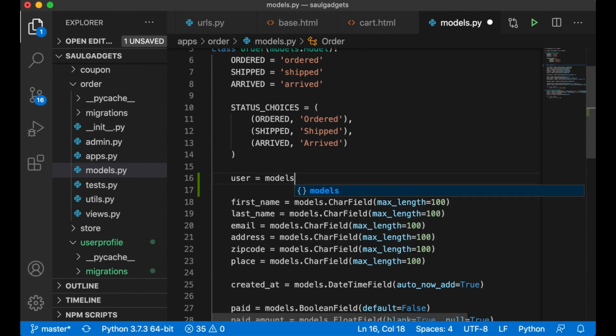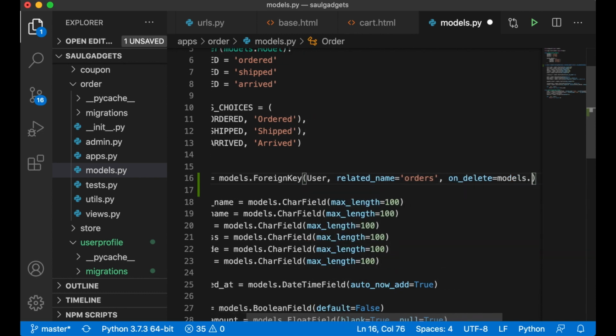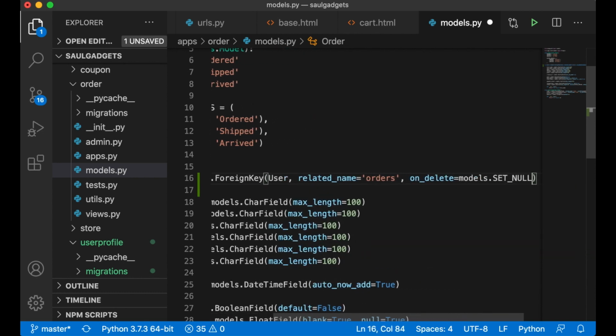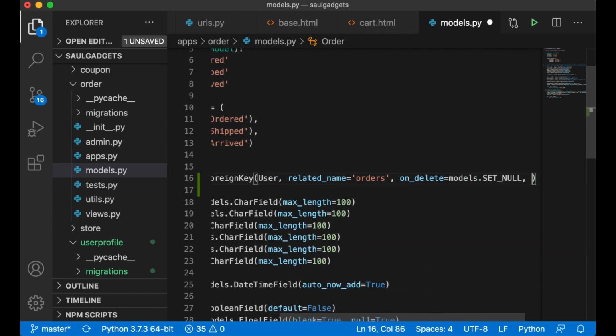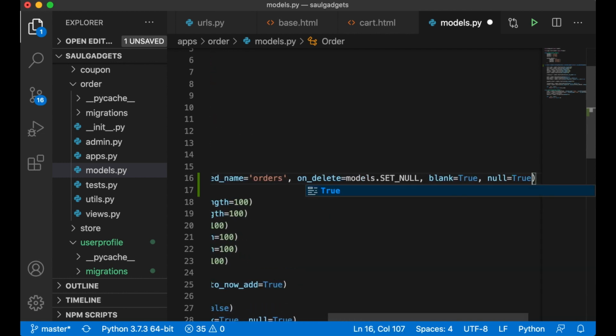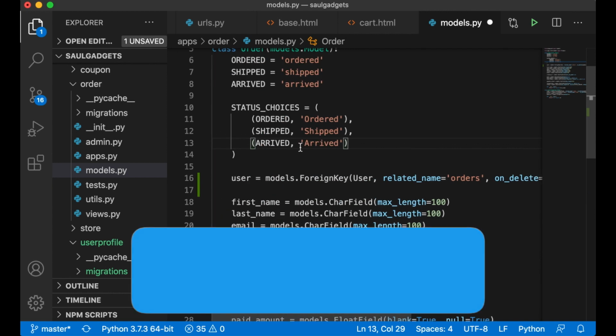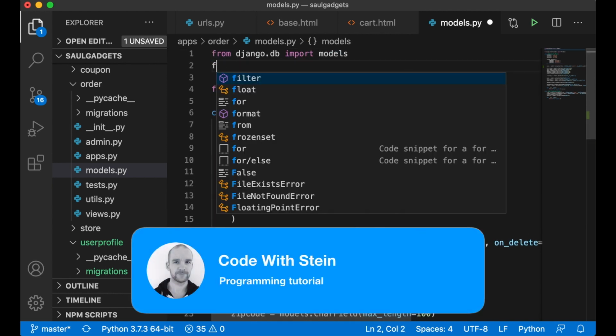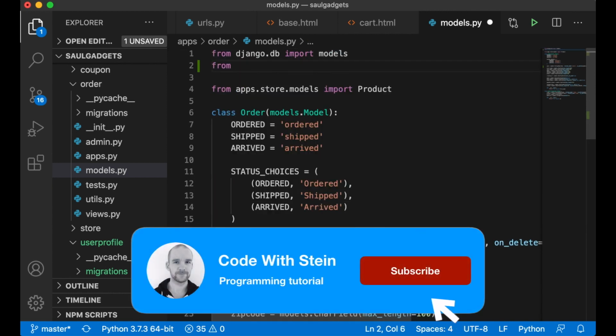User equals models.ForeignKey, user model, related_name orders, so I can easily get them. On delete equals models.SET_NULL, because I don't want to delete these when the user is deleted. Blank equals true, null equals true, because you can order as a guest. Then I need to import the user model,